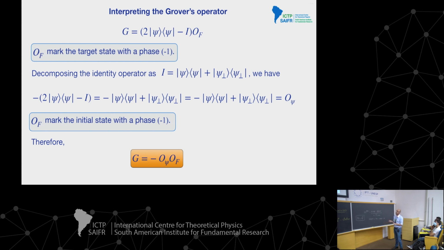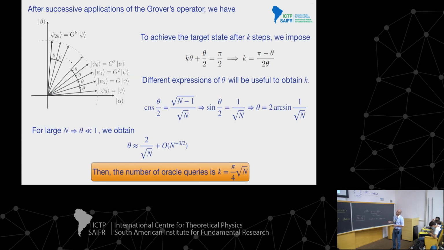But in the particular case of the Grover algorithm, it's possible to understand that the Grover's operator is minus times an operator that marks the initial state with minus, and another operator, the oracle operator, that gives a sign in front of the target state. So if you apply this G operator, the Grover's operator, a given number of times, observe